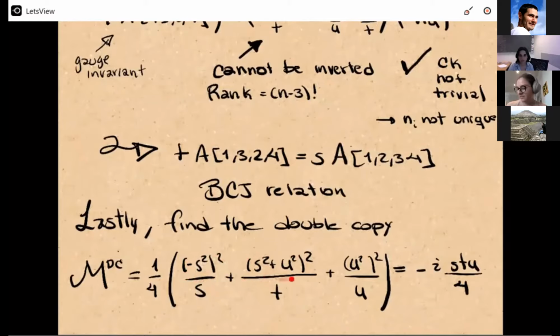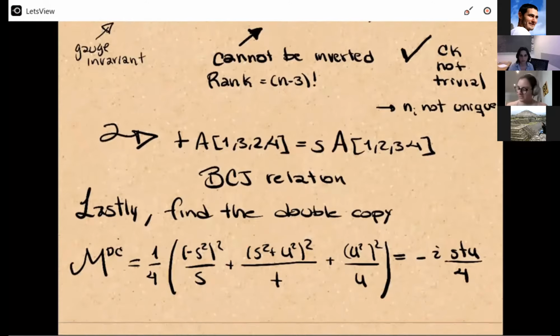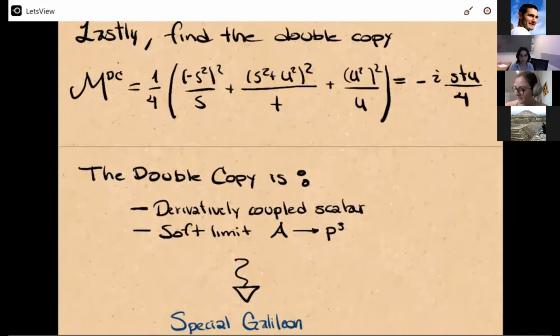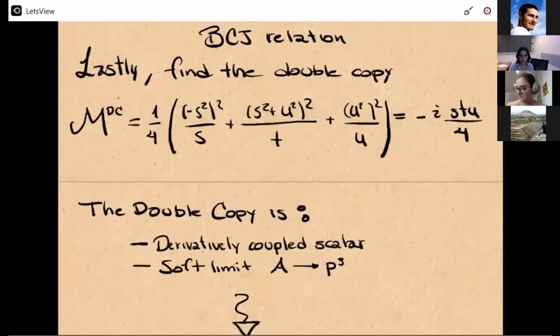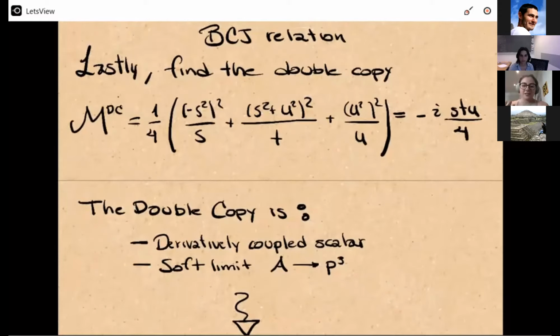So this is just squaring the kinematic numerators, and trivially gives you the same result as KLT. So the question now is, okay, what is the double copy? And in general, if you have a theory that has color-kinematics duality, if you've shown it, and it satisfies BCJ relations,